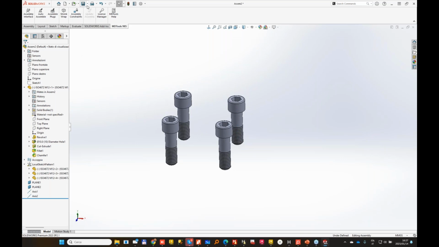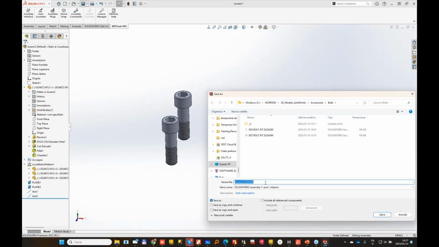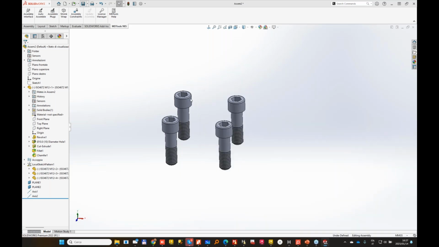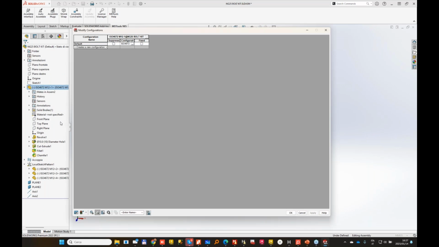So now we can save our assembly. We can call it NG25 bolt kit, but it's not yet a configurable assembly. So in order to make it configurable, what I want to do is just I want to configure the component. So for me, that's just the